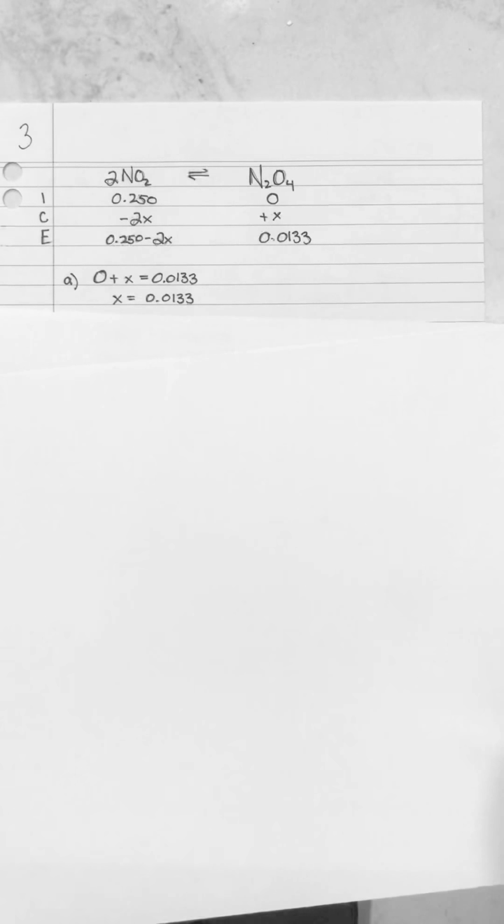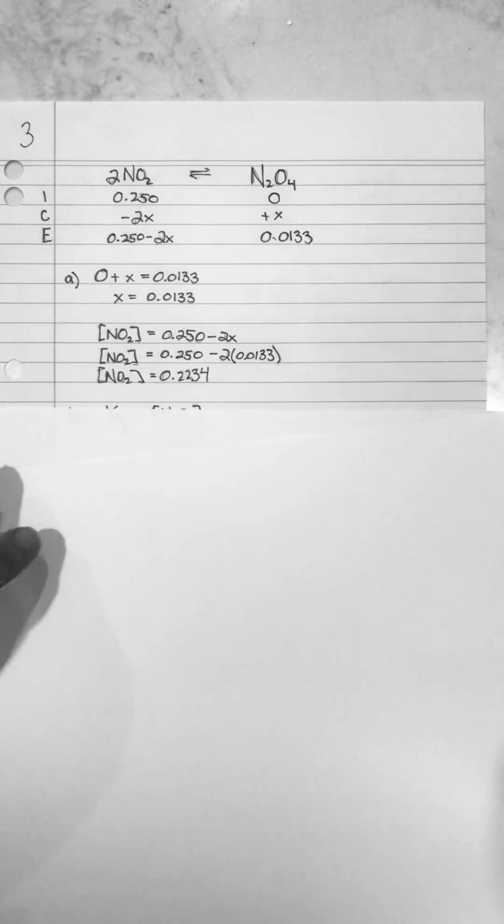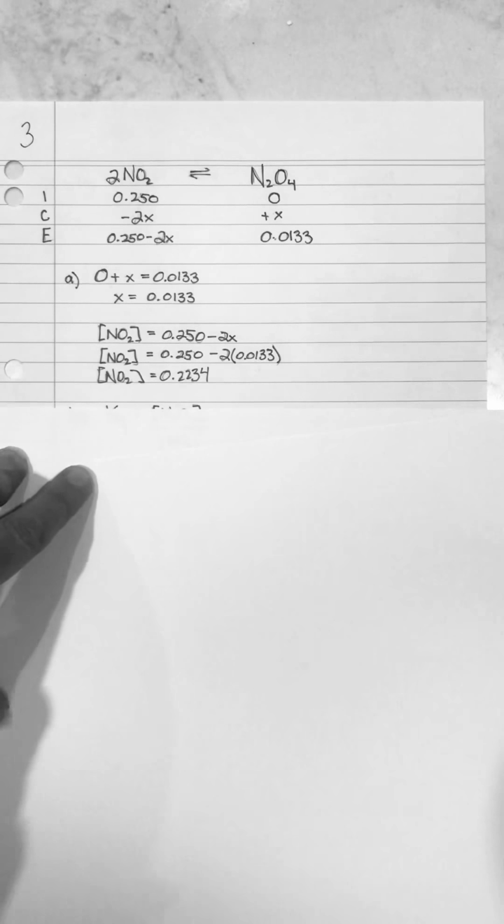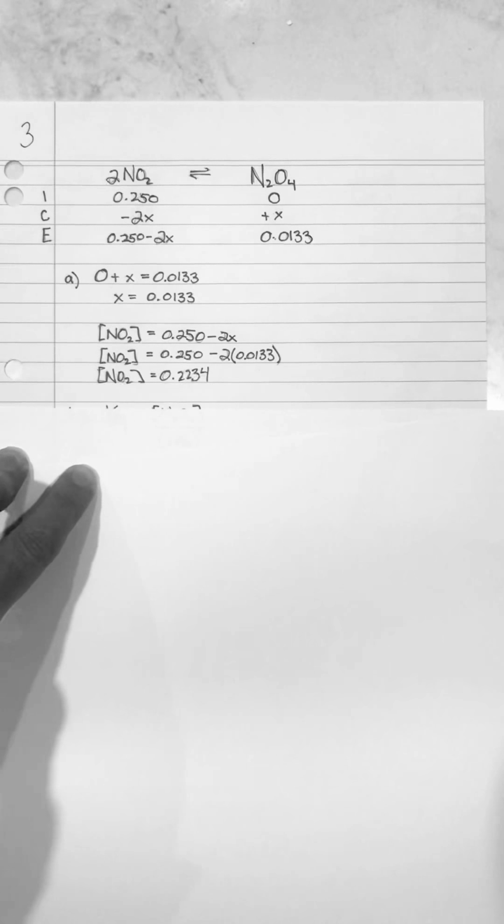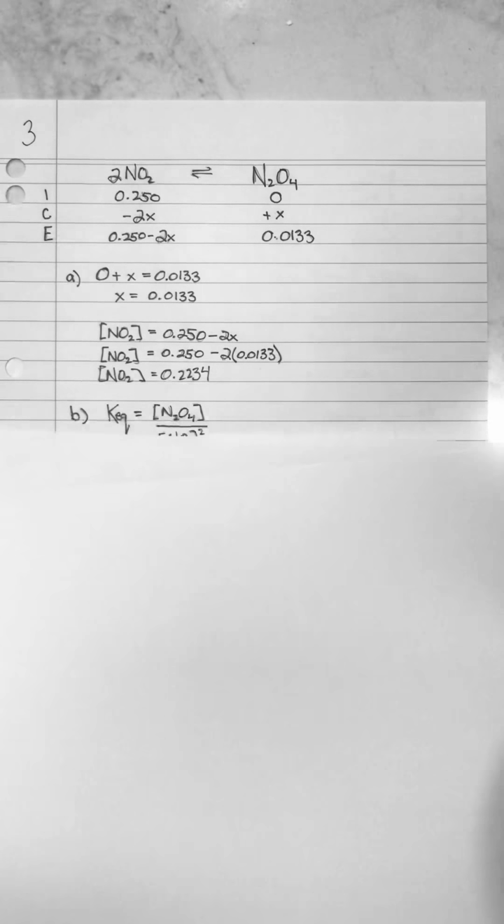Now from x, I can put that value back into the expression for the equilibrium concentration of nitrogen dioxide and find its equilibrium concentration. And that is part A of this question solved. Using this information, I can then go on to find the equilibrium constant for this reaction at this temperature, because I now have the equilibrium concentrations of both the nitrogen dioxide and the dinitrogen tetroxide. So I substitute those values into the equilibrium constant expression,